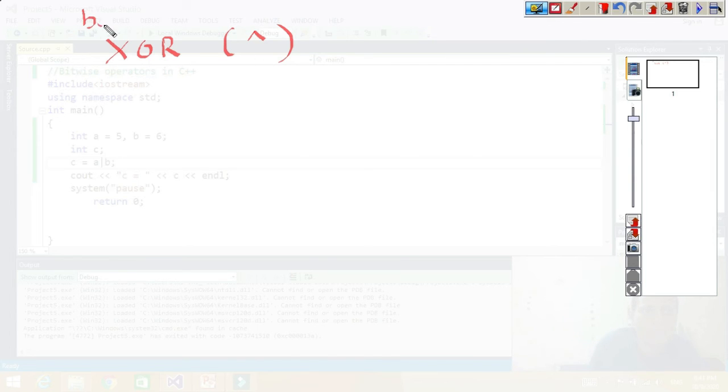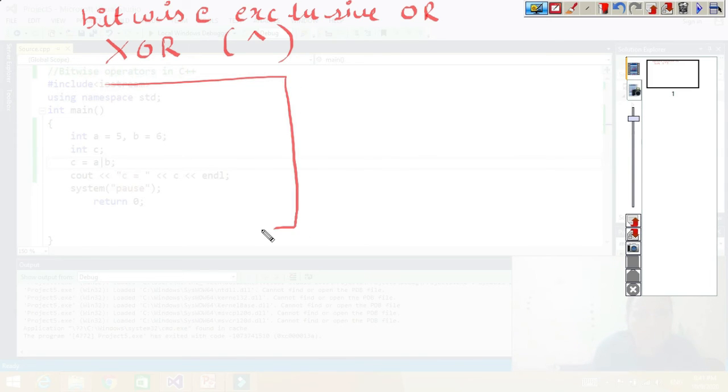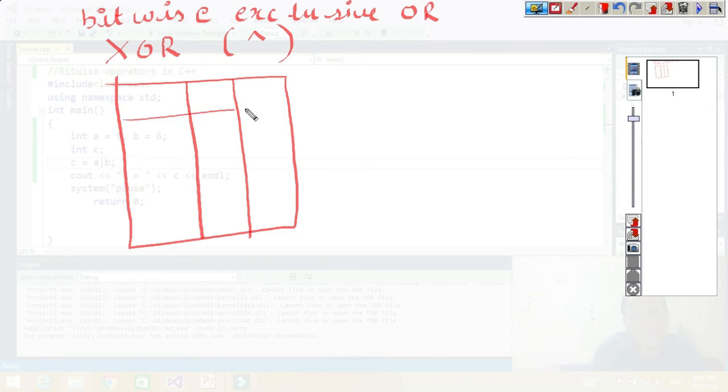For the truth table, let's say we have two conditions, A and B, then A XOR B. XOR gives us 1 only when the two conditions are different, meaning one is true and the other is false, or one is false and the other is true.